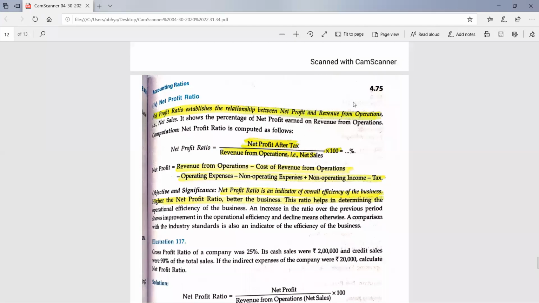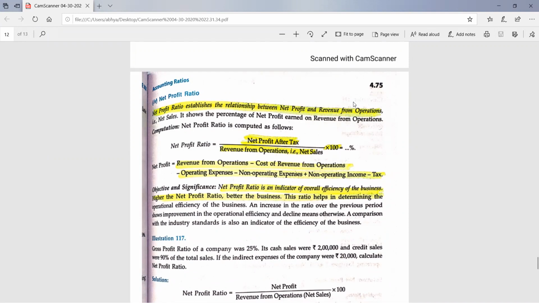So to know the net profit, because here we are not going to prepare the P&L account, just by using the formula we have to find out the net profits. So what is the formula? Gross profit minus all the indirect expenses. Indirect expenses means all those expenses which we used to write in P&L account. You have to deduct each and every expense which is not direct, plus all other incomes. Other income means dividend received, interest received, rent received, commission received, bad debts recovered, discount received. All these are known as other income.